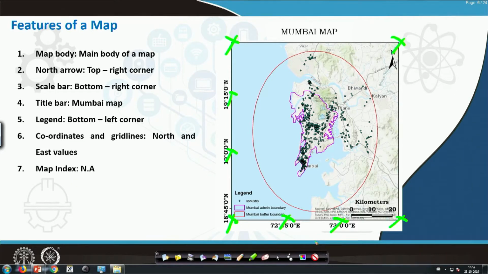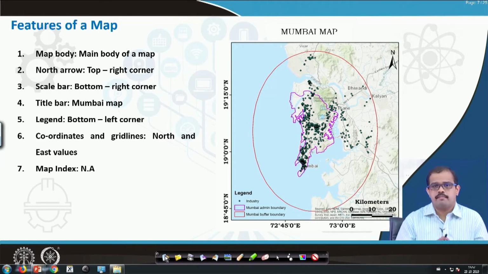Fine. So these are the features of the map. I am trying to give examples because most of the students make mistakes in terms of how you actually put a location on a map. If a map gives you the physical representation, it has to be extremely accurate in terms of representation.